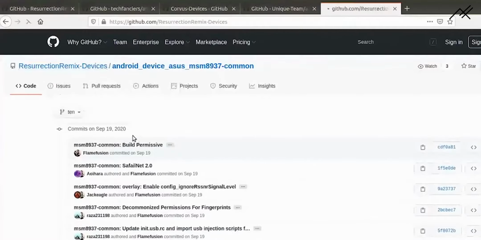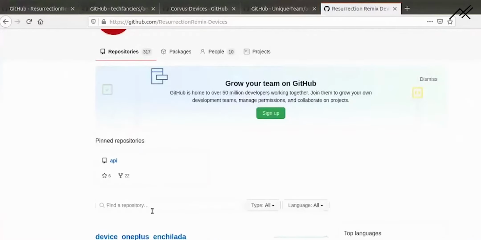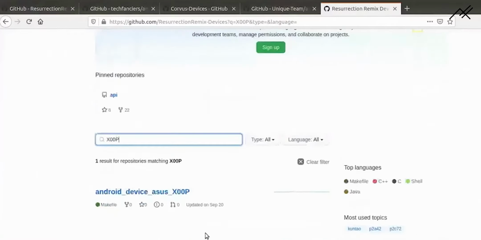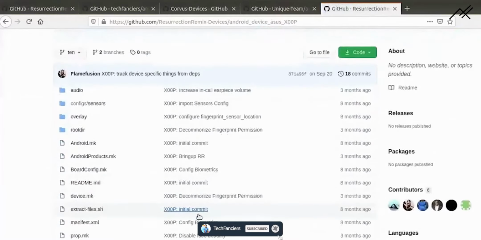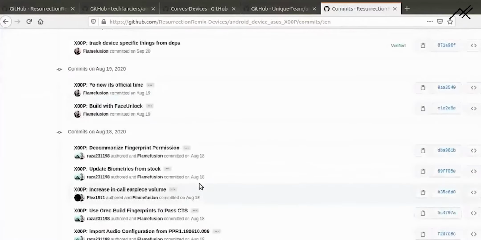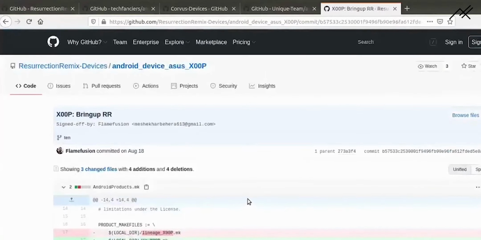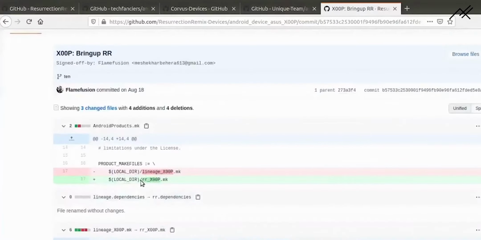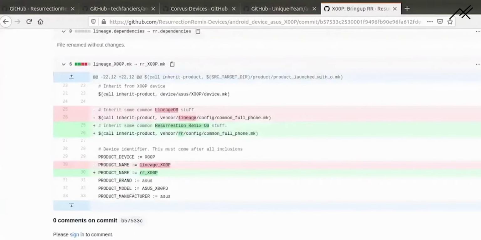You can just go here, XOOP, and XOOP. Here if you go to commits, what changes I'm exactly making is bring up RR, I guess. So whichever is in lineage is just changing to RR, as you can see. So that is what I'm making.